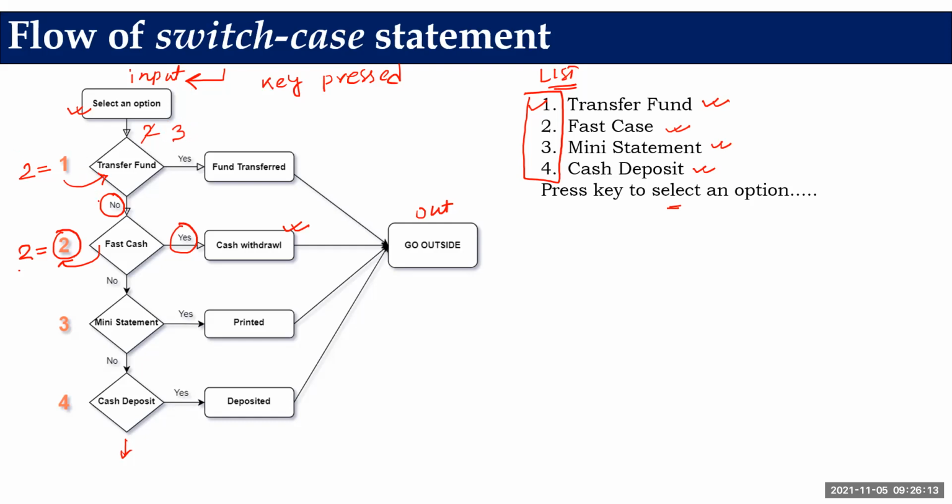It is going to be compared with the first item first. Did you select the transfer fund? No. So proceed. Did you select first case? No. Okay. Did you select mini statement? Yes. So the statement will be printed and you will immediately go outside of the ATM. So this is the way switch case is working.